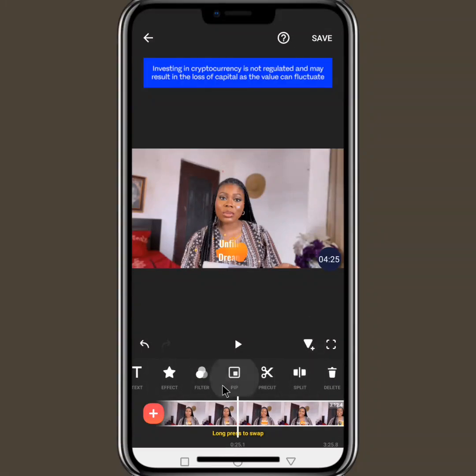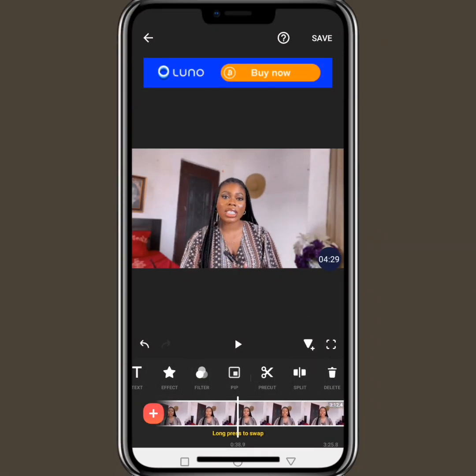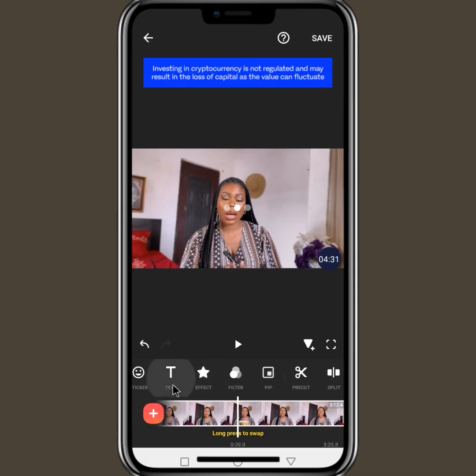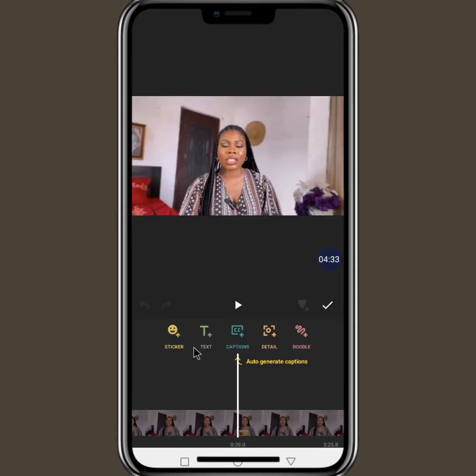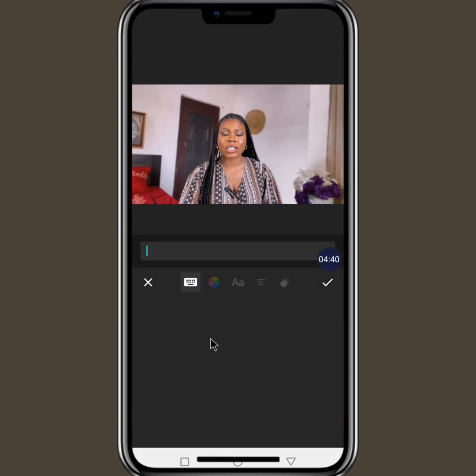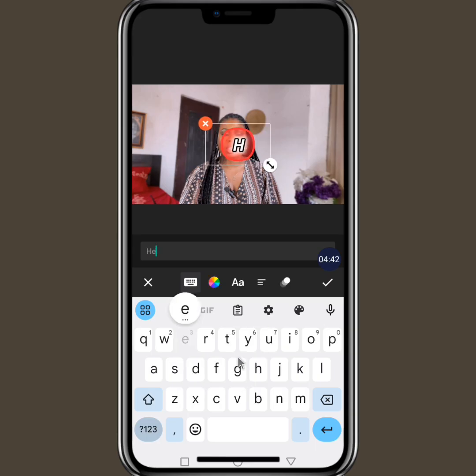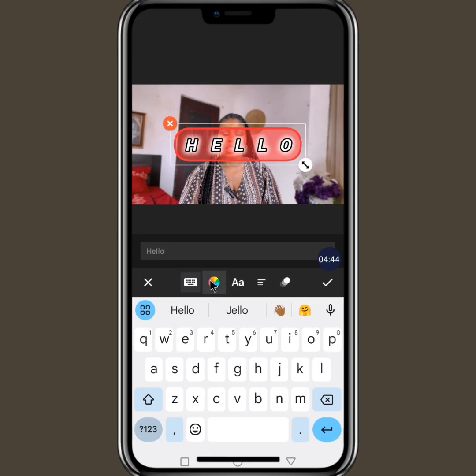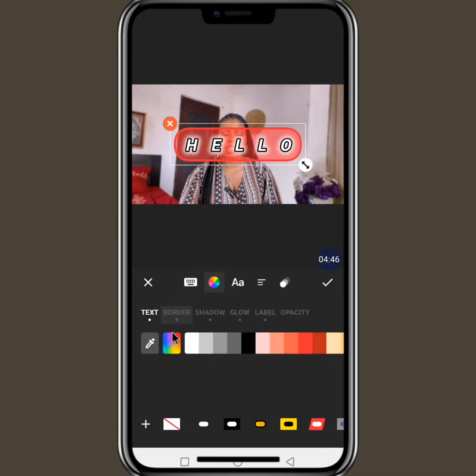So let's look at text, adding text to your video. This video has a text right here, so I'm just going to move a bit to where it doesn't have text. If you see this text icon here, when you select it, just go to this text right here and select the text. So let's say hello. If you go to this icon here, you can format the text, you can choose borders,